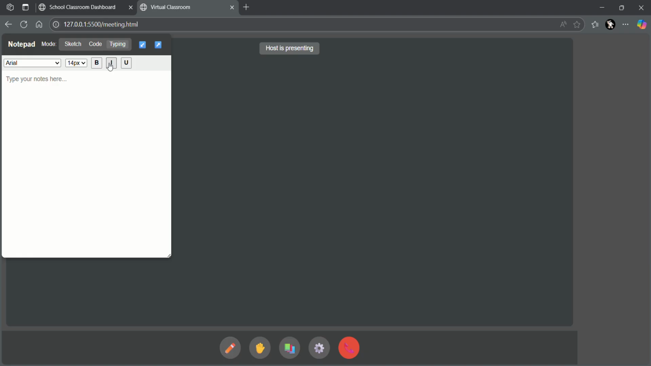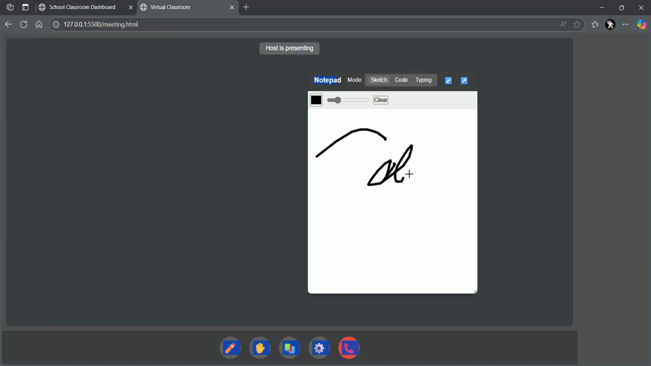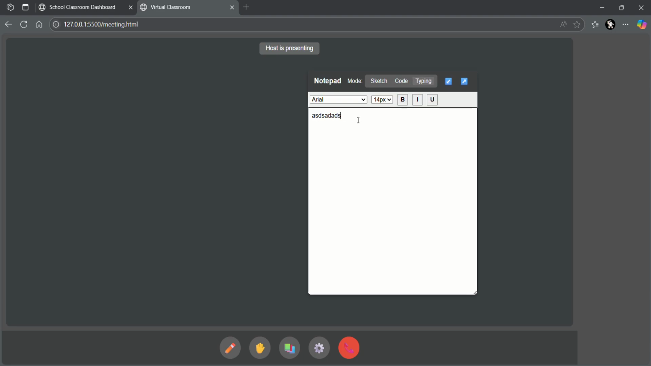Now the notepad, so it has 3 functions: sketch, code, and typing. So this also works actually. As you can see, code also works, the typing also works. So for the